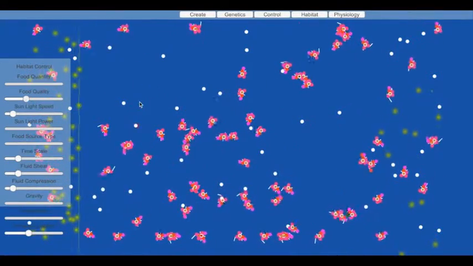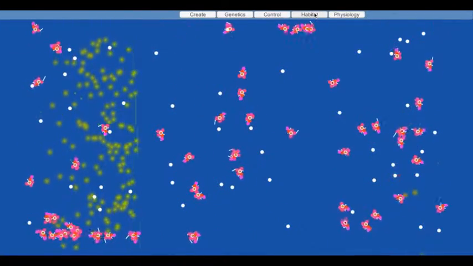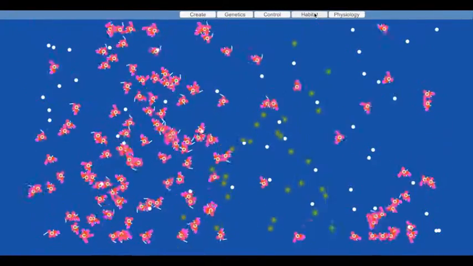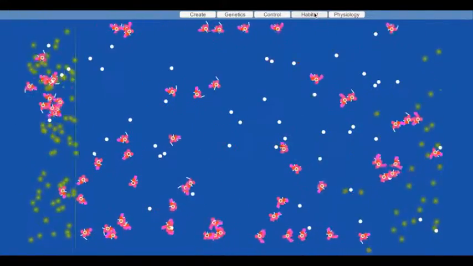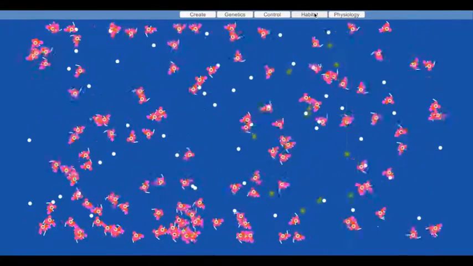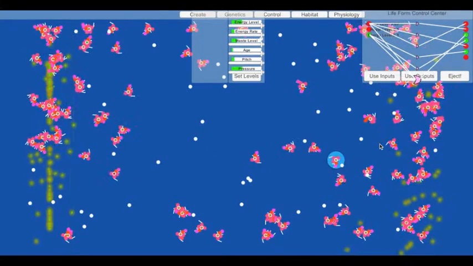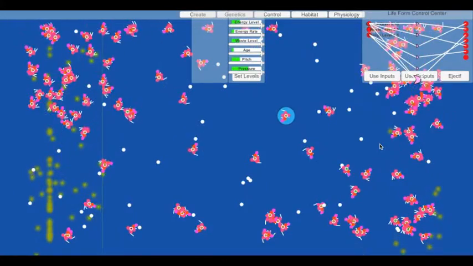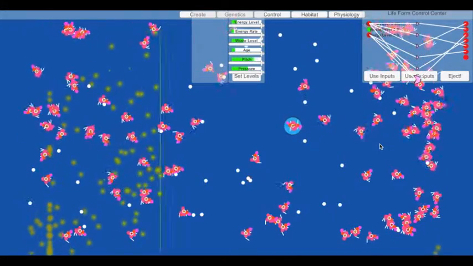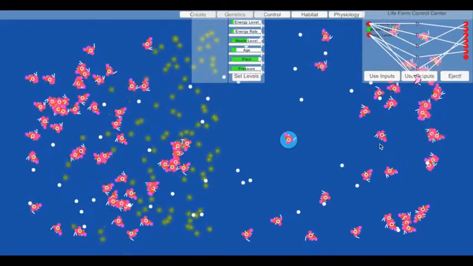I can add a buffer, or a part, or an end part, and now it's really simple. But it's simple, and it's already showing some results that I think are interesting. For example, in this case, the first output is the reproduction output, and it's connected to the energy level at, I can't see, but I think it's 55%, 65%. So when the energy level gets to that level, it will activate the output, and the